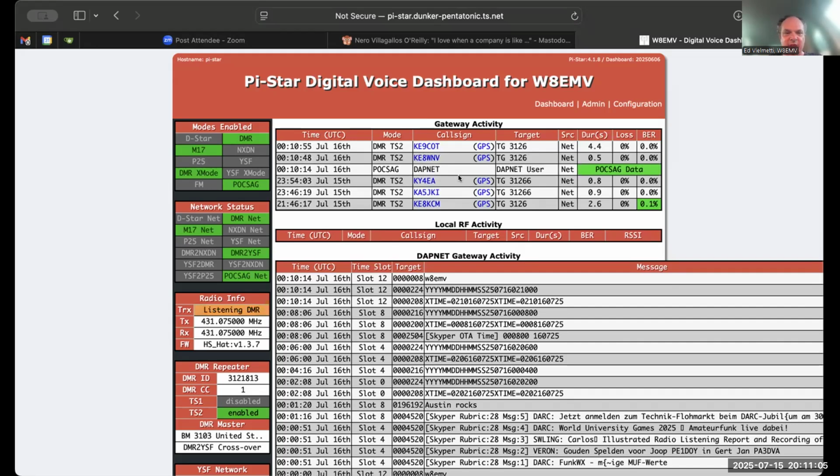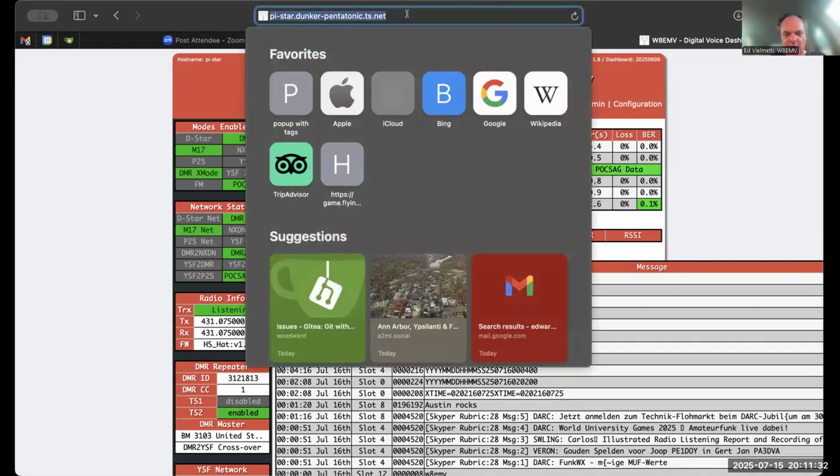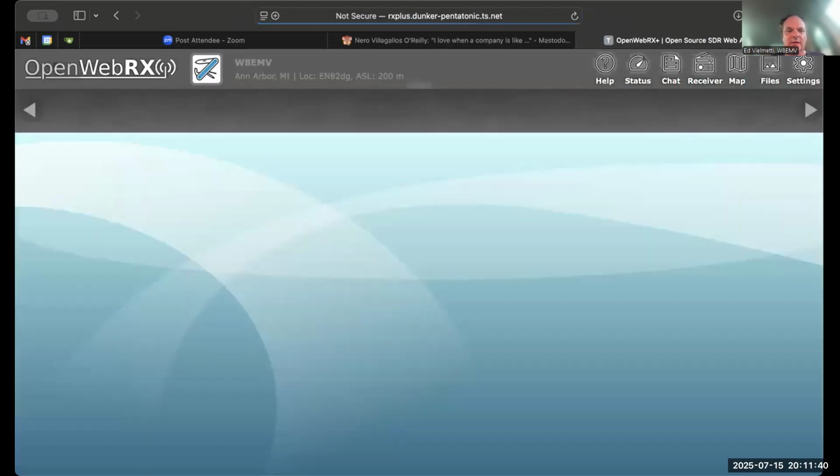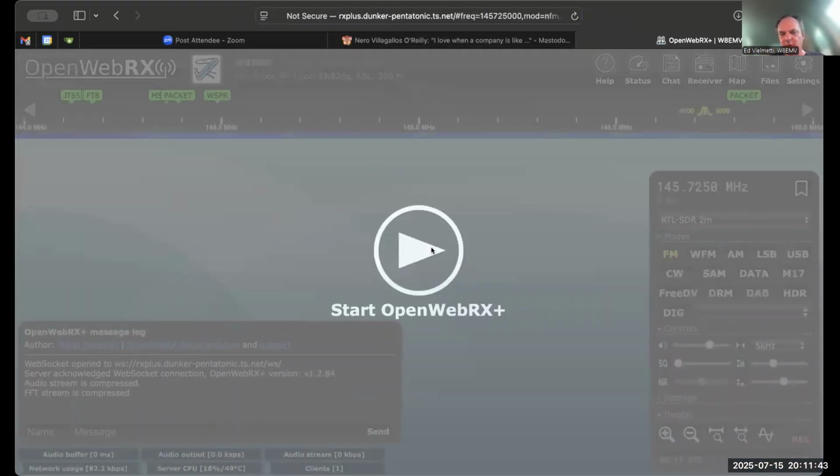With this, I can connect into the Pi-Star gateway running at my house remotely. So if I'm using my rig somewhere in the field, I can see whether I'm getting into the repeater or getting into the other hotspot directly. So that's a useful tool. Another system, just to give the rundown of the radio stuff that I have online, I'm running OpenWebRX Plus, which is a